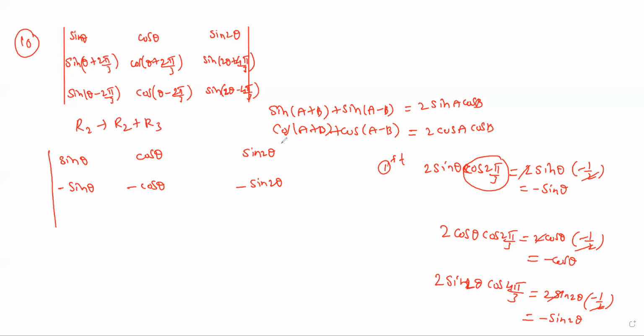Now the third row, there is no need to write here actually. Observe these two. What happened? Row 1 and row 2 are proportional, because their terms are the same but they have opposite sign. That's why if any two rows or any two columns are proportional, then the value of the determinant is clearly 0. That's why for this, option A is the correct one.